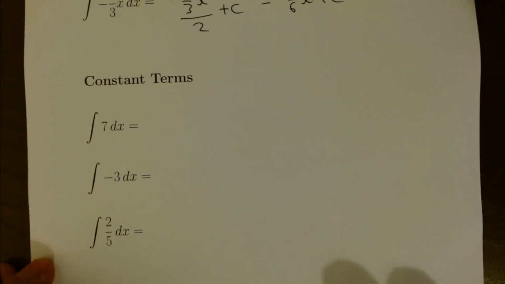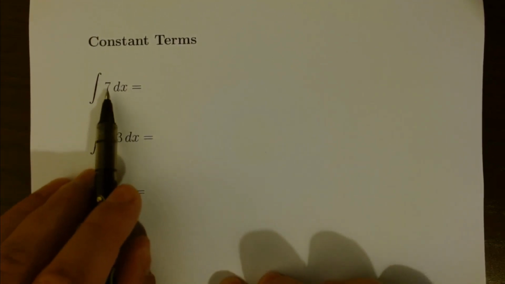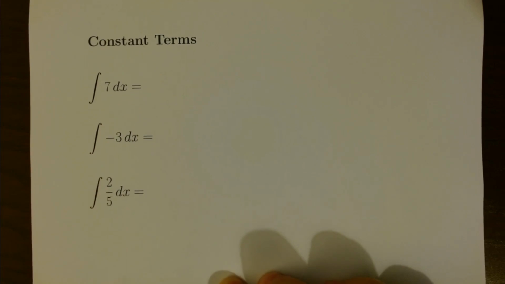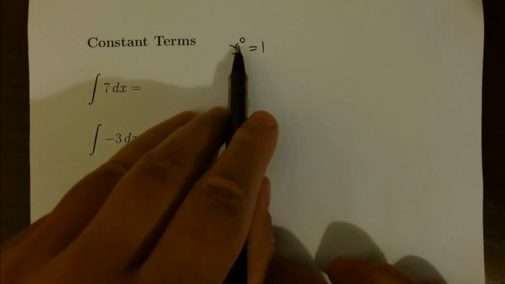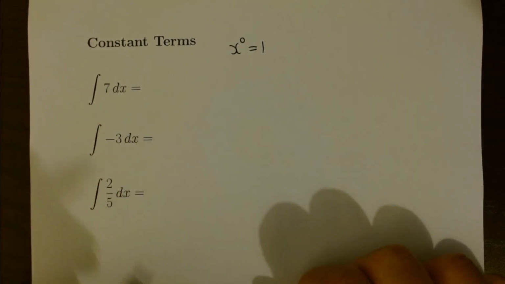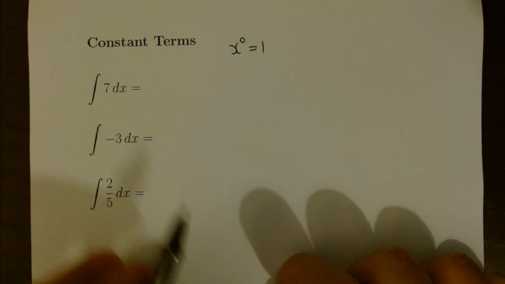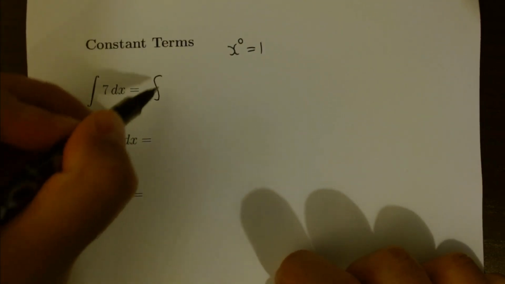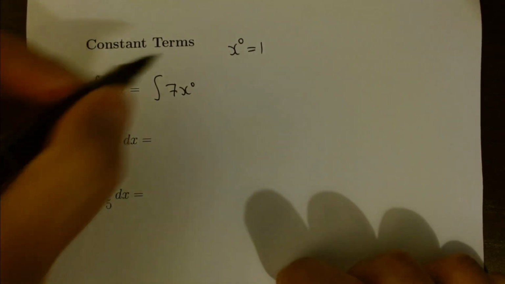Okay, so next is going to be the constant terms. So these are the terms, the number terms that don't have any x's on them. And the way we're going to integrate these, we're just going to remember that x to the power of 0 is 1. So anything to the power of 0 is always a 1. So we can actually add it in there. So if you want to integrate 7 dx, that's the same as 7 x to the 0 dx,